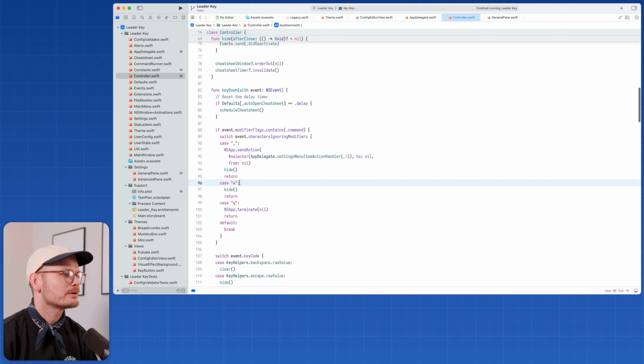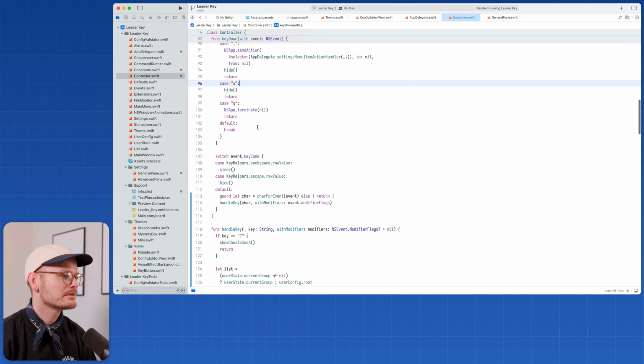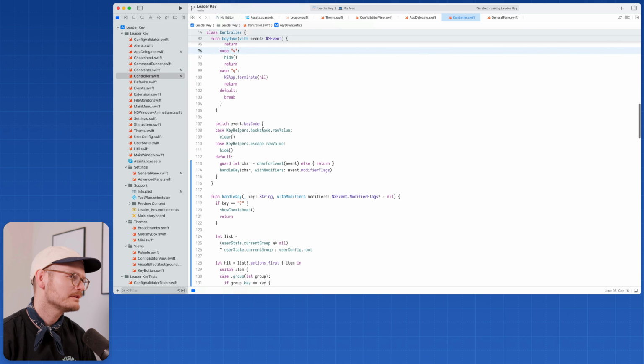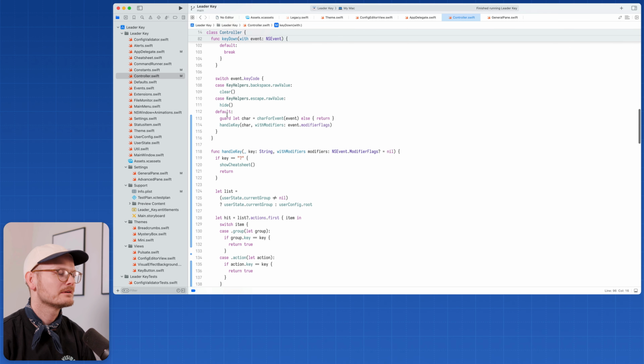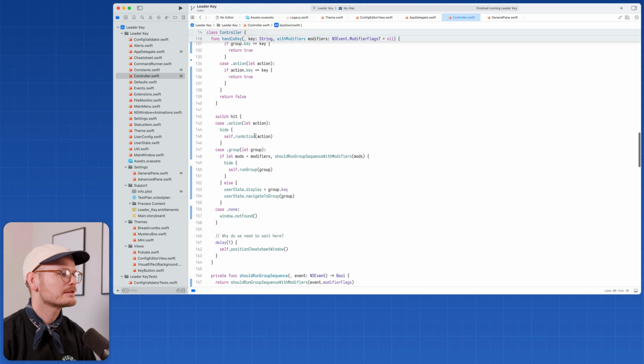So Command W. That part of launching settings, quitting and closing the window stays in the key down. So we can open settings. We can add a separate URL scheme for that if we want. Nothing with the cheat sheet is in here. Then we handle backspace and escape here as well. And then we have chars and then handle key, and then all of this goes into